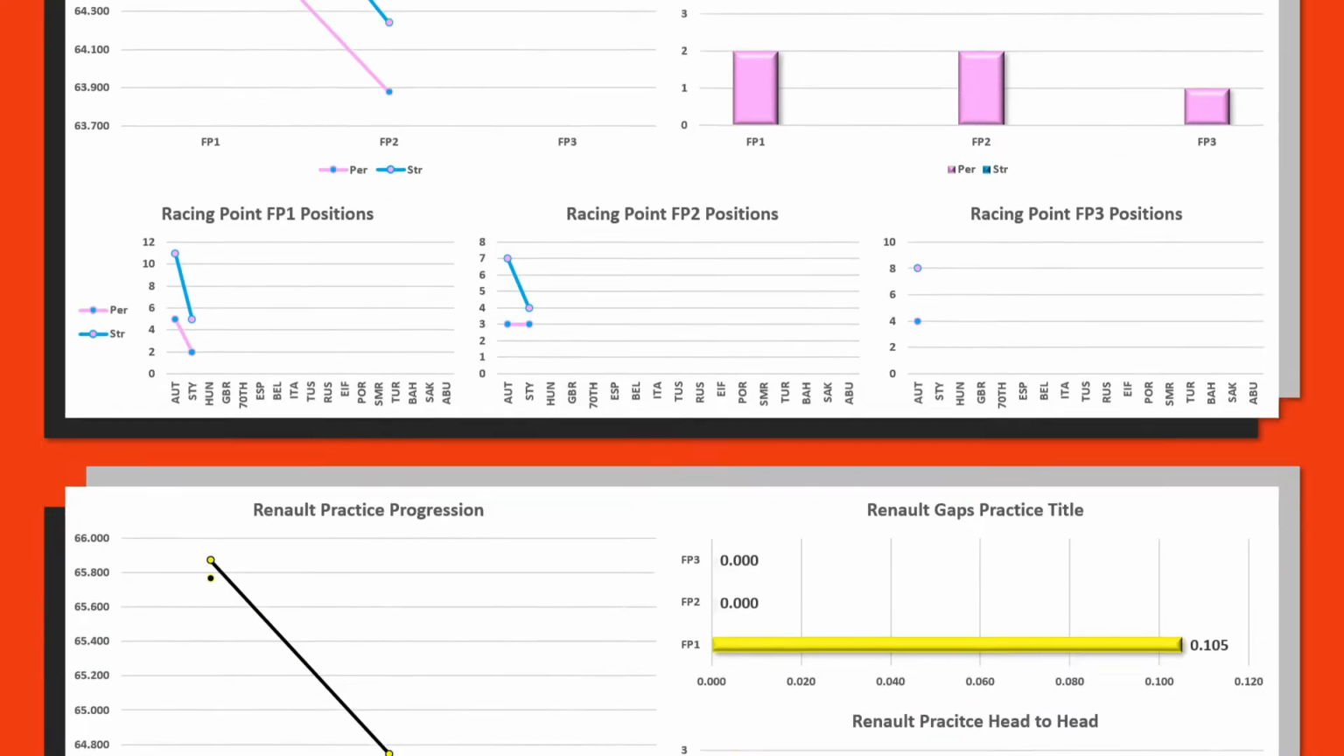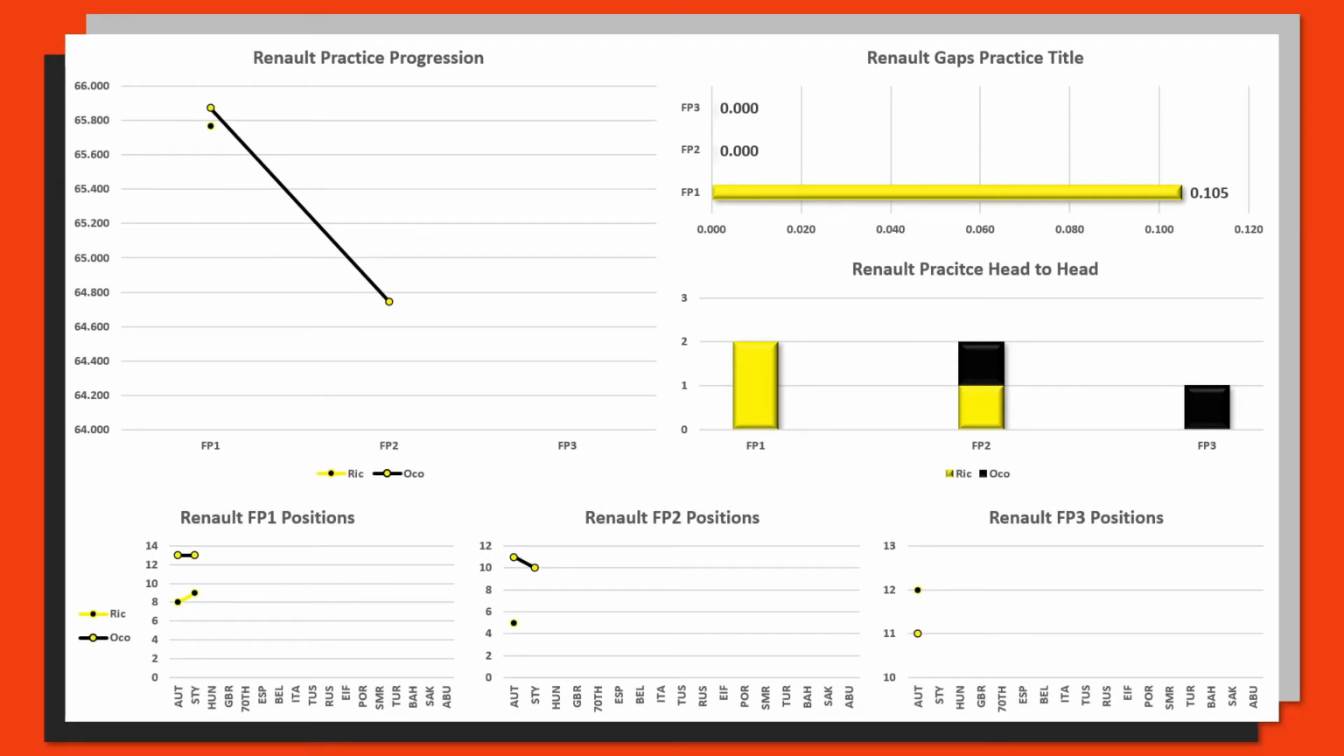Then we head to team number 5 and we have Renault. Now Daniel Ricciardo did not take part in FP2, so he only has the one time and he was 1 tenth ahead of Esteban Ocon in FP1. Now I have counted it as a 1-0 advantage to Ocon in FP2 in the head-to-head, simply because Ricciardo was